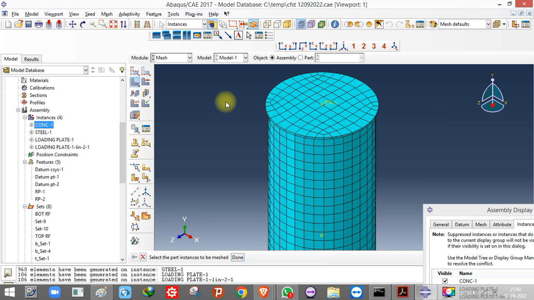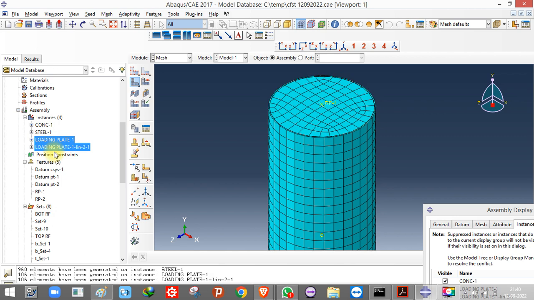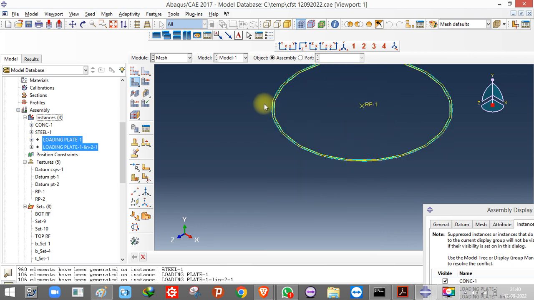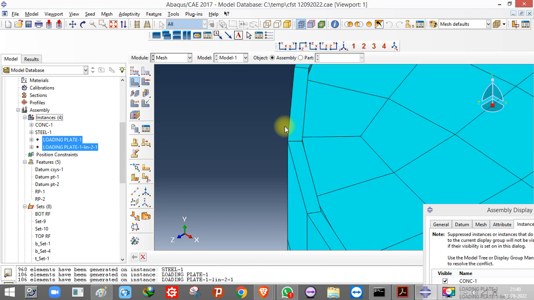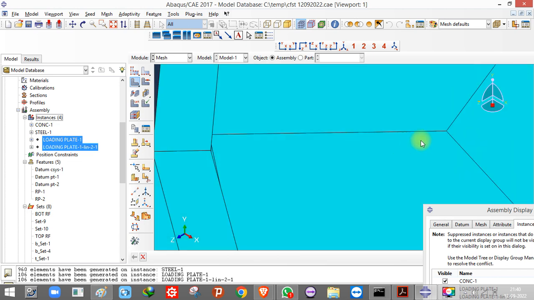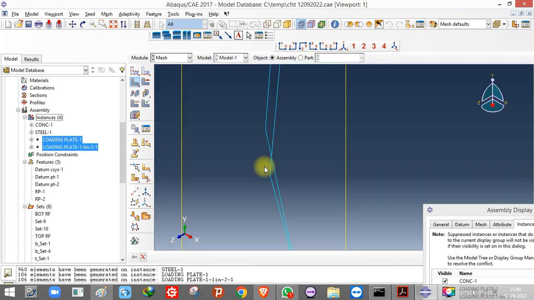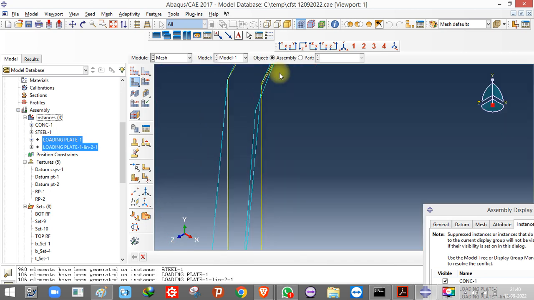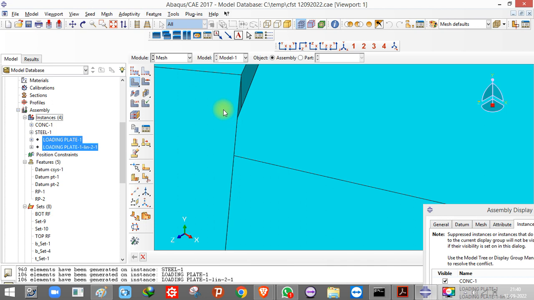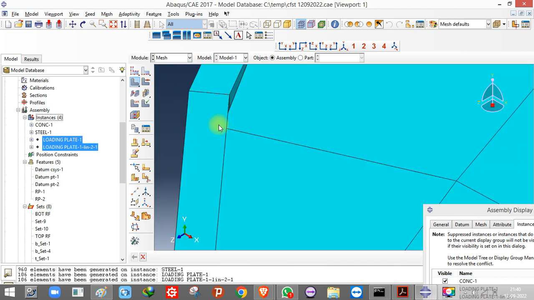Before that I just have to check one thing. I'll hide this too, and I just want to check whether these points are matching or not. Okay, see, there is a problem. These nodes are not matching, so due to which there is an overlap. Okay, see, can you see this? This concrete is merging with the